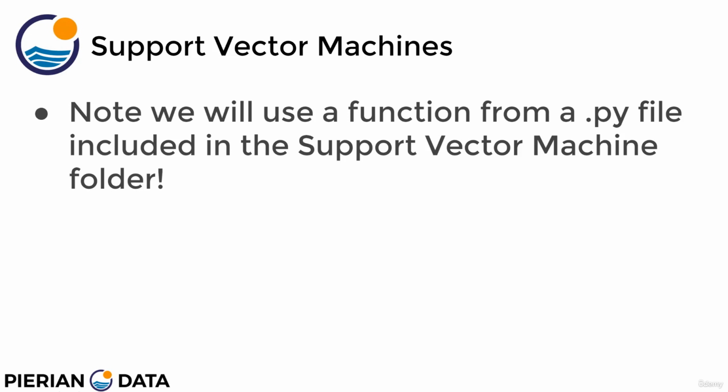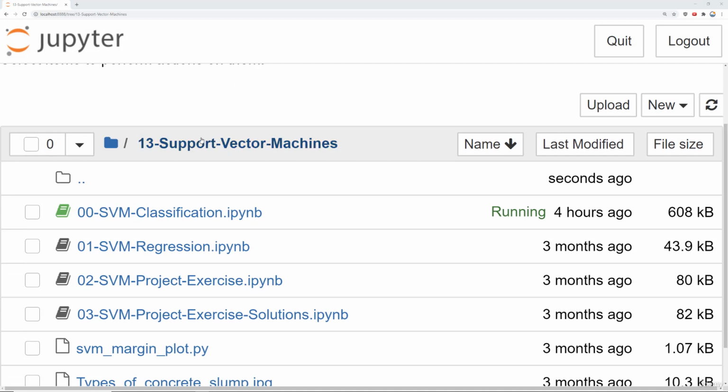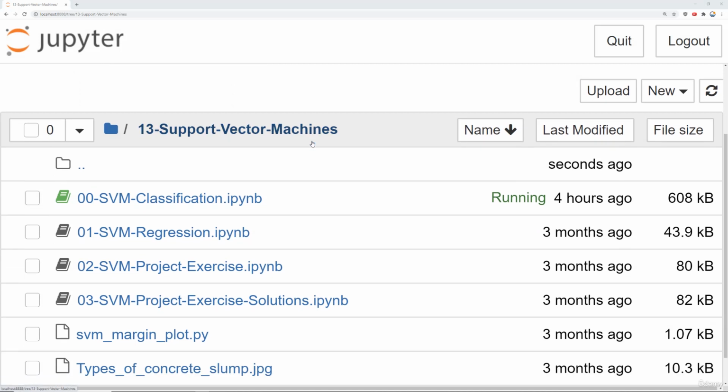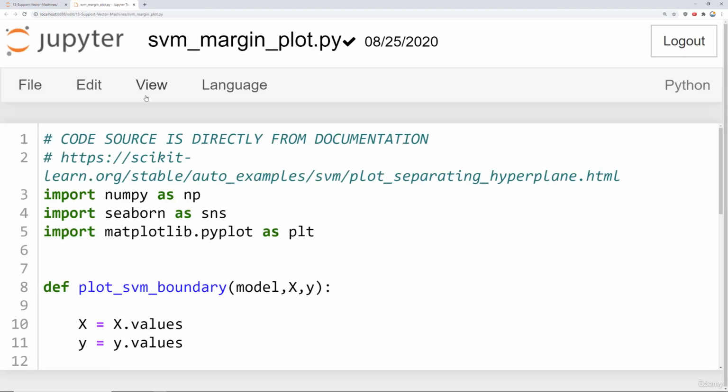Let's get started. I'm going to open up a new Jupyter notebook. Alright, here I am under the support vector machines folder. As I just noted, there is an svm_margin_plot.py file. If you click on this .py file and open it with Jupyter, you'll notice that it's actually directly from the